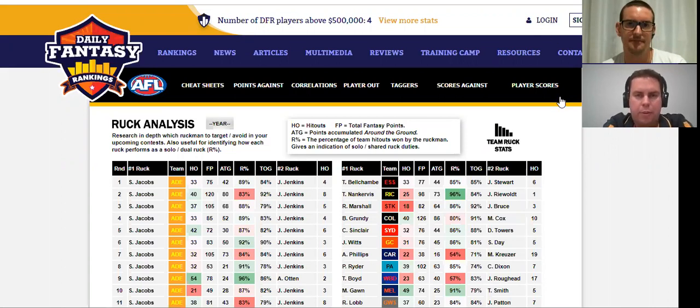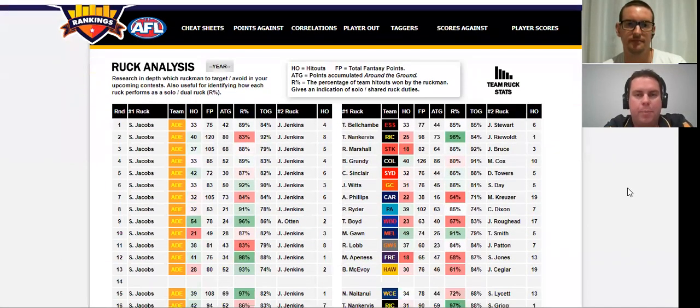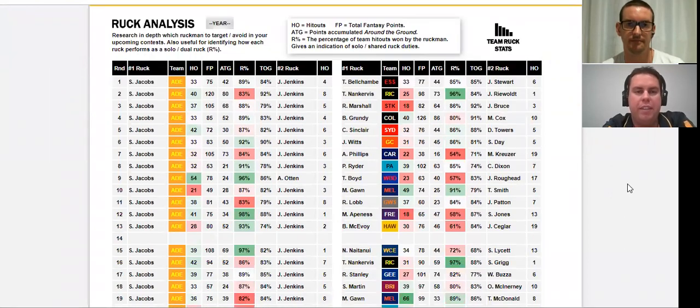This is a really good tool, actually. Obviously, rucks are a bit of a specialist position when it comes to DFS. You can start your lineups by really working out which ruckman you want to target. There's usually only 2 or 3 or 4 in those single slate games. So what we've got is a tool that we can analyse every game over the past few years, and we